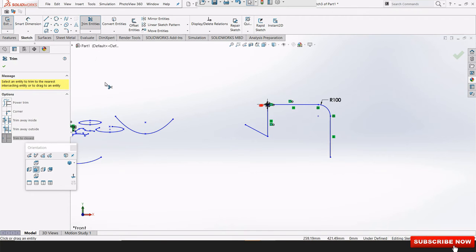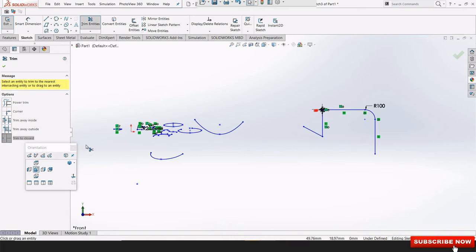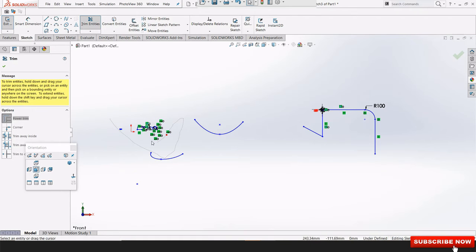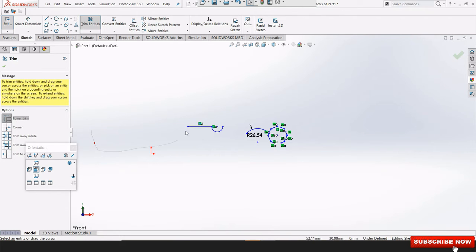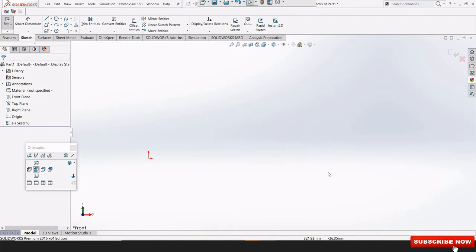Similarly, if you want to continuously trim any lines, then you will have to choose this one, like this. It will cut each and everything which comes in the path of this trimming tool. Okay, that's it. Better to use this tool, or simply you can select the whole and then press the delete button.